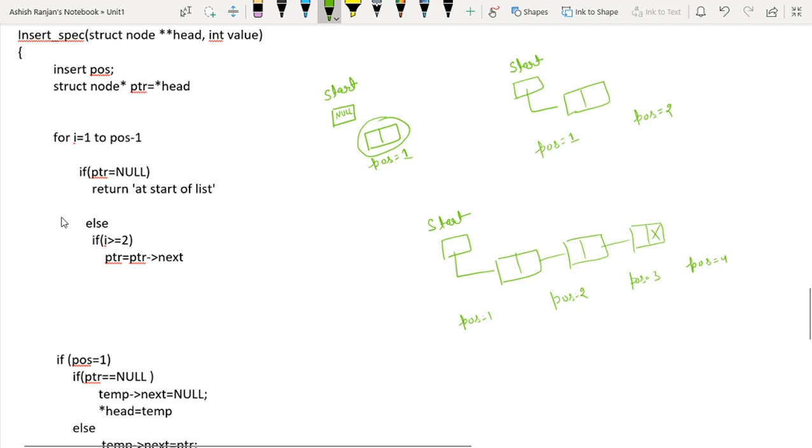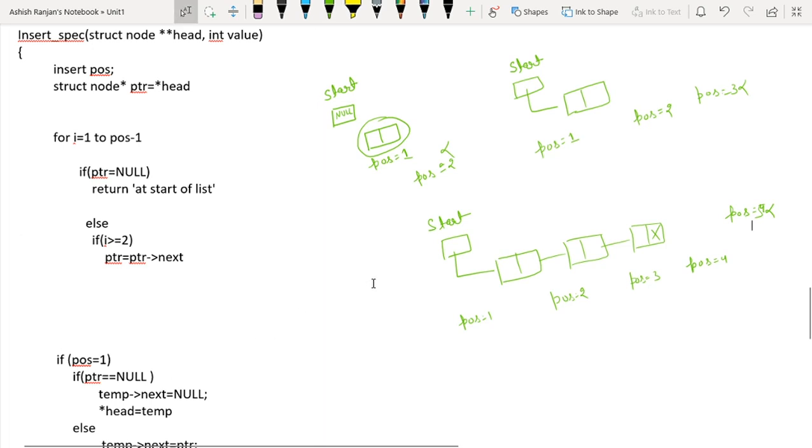If you give pos equal to 2 here, this will be wrong. If you give pos equal to 3 here, this will be wrong. And if you give pos equal to 4 here, then this will be wrong. Sorry, 5 here, then this will be wrong.